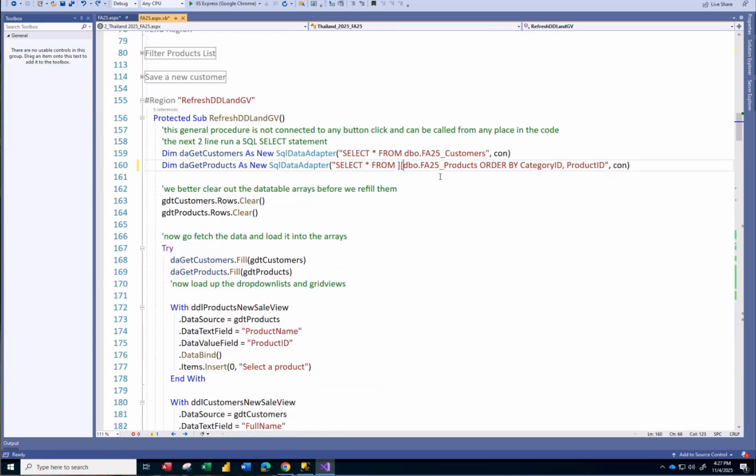If that doesn't work, sometimes I put in brackets for the table name. So one of those is going to work. And of course, you want to run this in SSMS first before you put it into a web page. All right, so a data adapter runs SQL statements